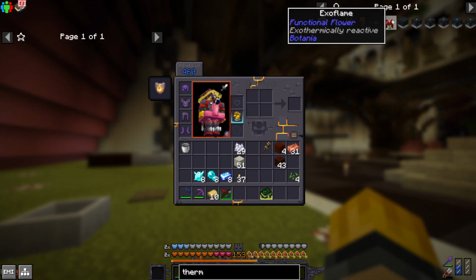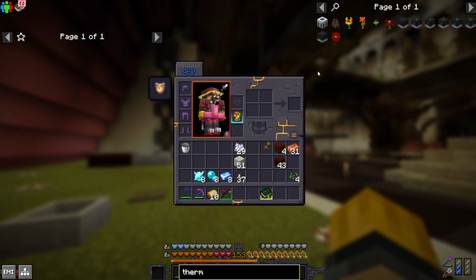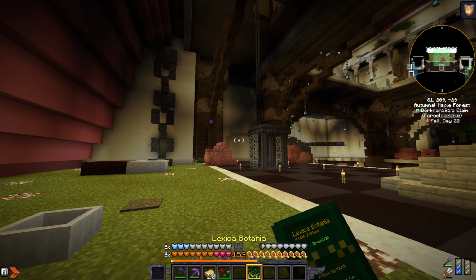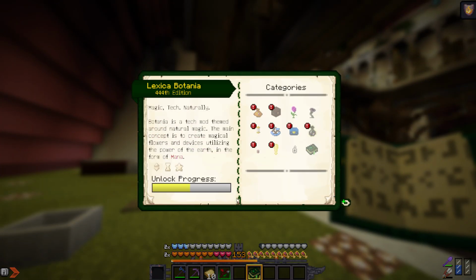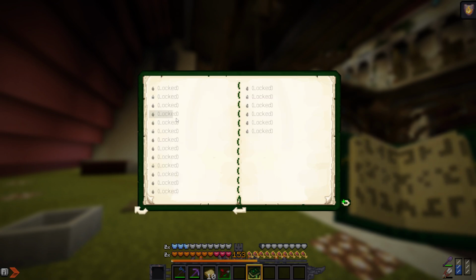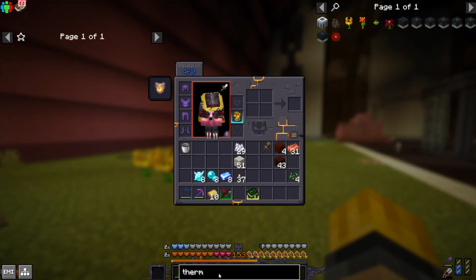But yeah, so I don't remember what this exoflame does, because it is currently locked. I can't do it in my inventory, can I? Nope. But yeah, the functional flora, see, it's not in here. It's locked behind something. I don't really remember what, but what I want is the